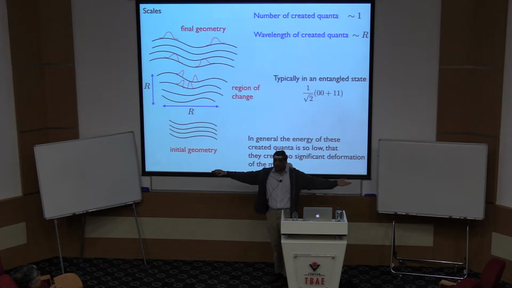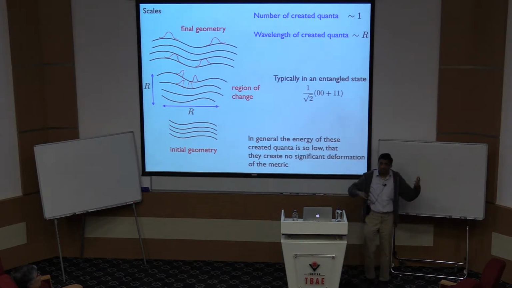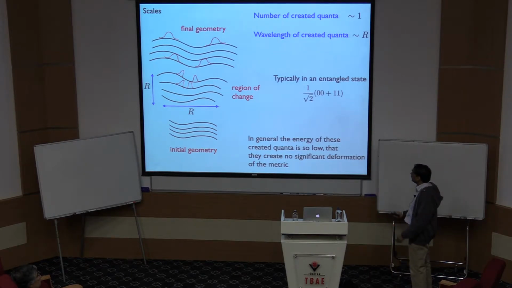So if you take a 3 kilometer metric region which changes in a time scale also of the same order, light crossing time of 3 kilometers, by order 1, it creates of the order of 1 particle pair. What will be the wavelength of the created particles? There's only one scale in the problem, r. Okay, so 1 particle pair whose members have wavelength of the order of r is created when a space-time region of size r changes by order 1. That's the basic physics of particle creation in curved space, and that's all we need to know,